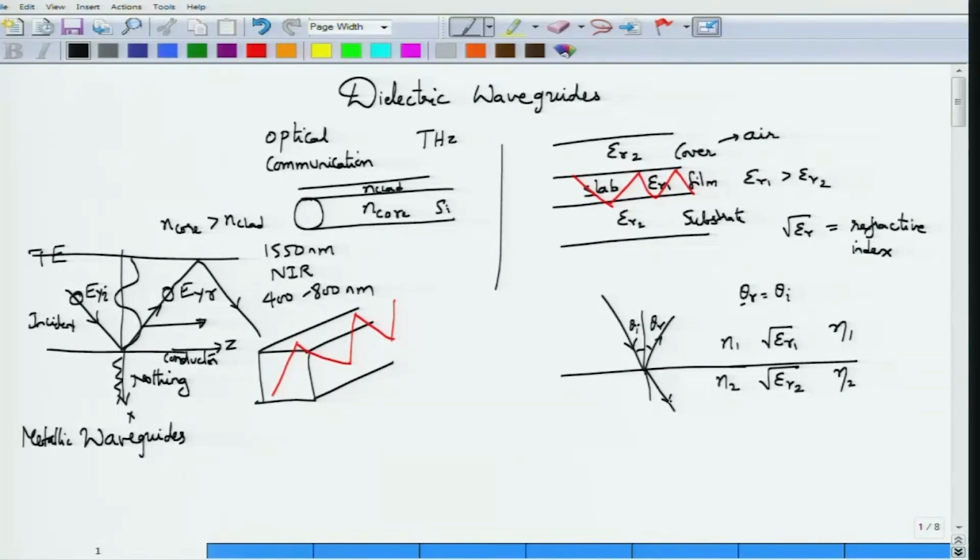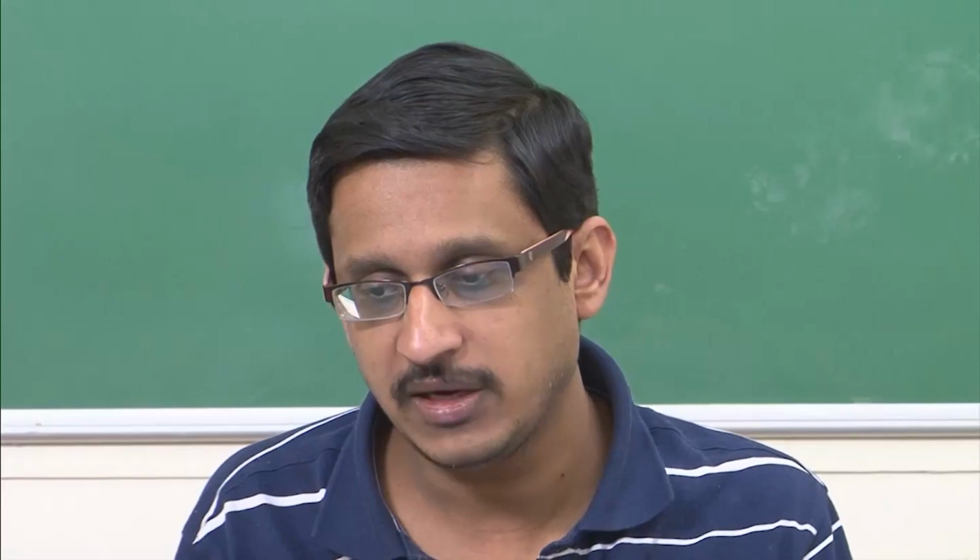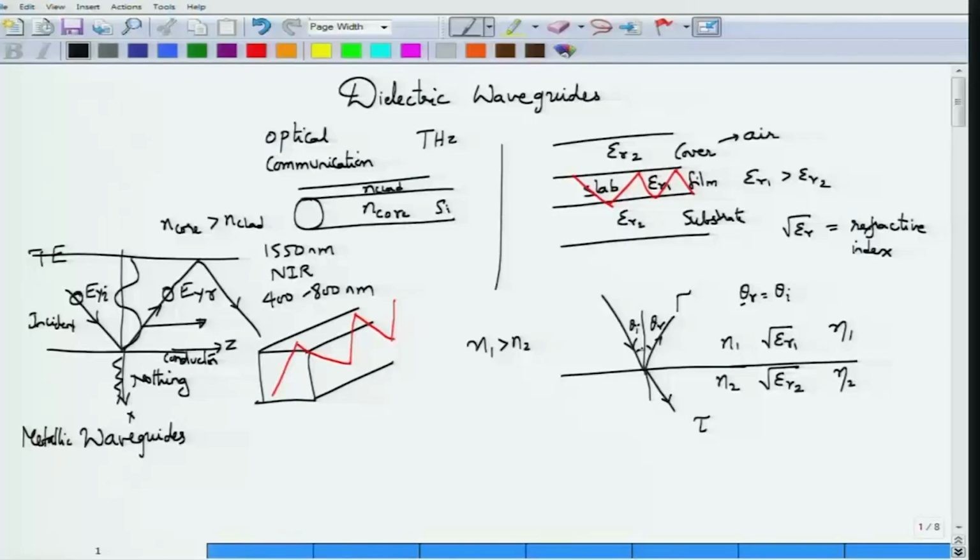There was something in the second medium, and the amplitude of the wave in the second medium was related to the amplitude of the incident wave by a transmission coefficient. Similarly, the reflected wave was related by the reflection coefficient gamma. As long as this condition, that n1 is greater than n2, held, you would always find some transmission and some reflection. So light that is incident would split into some reflected component and transmitted component,